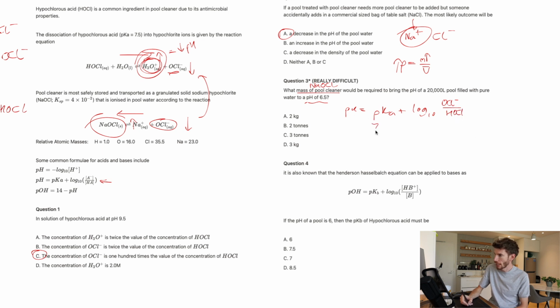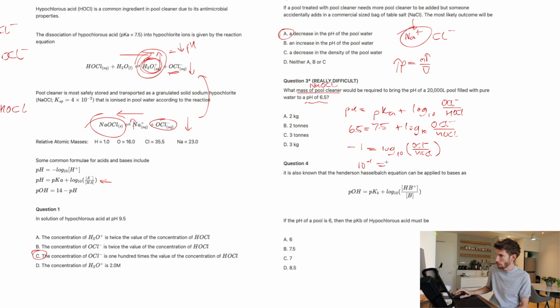I know that the pKa is 7.5. I know the pH is 6.5. So I can actually start solving just like we did in the first question. I can minus the 7.5 and then get -1 is equal to log 10 of OCl negative over HOCl. And therefore 10 to the -1